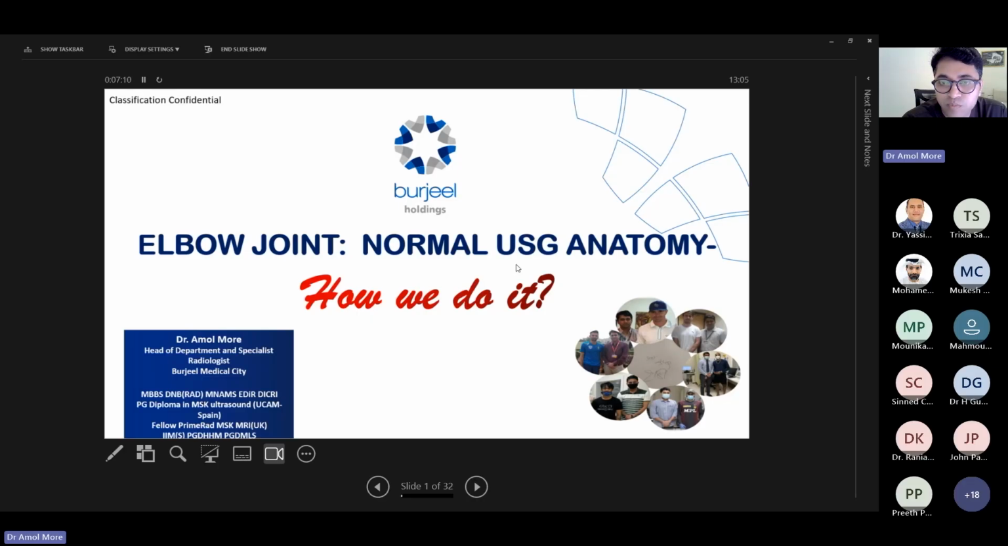Firstly is the anatomy of any MSK joint, which you should be knowing. You should be knowing the techniques of how to do that MSK ultrasound. Once you are confident enough about the anatomy of the joint, then you should be knowing the pathologies related to that. And once pathologies are known to you, then you should be knowing what all the interventions we should do for those pathologies in different joints. So in the elbow joint, before I start, there are a few dictums in the